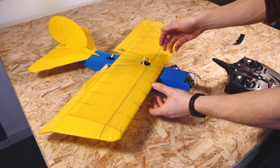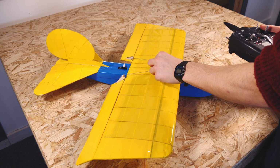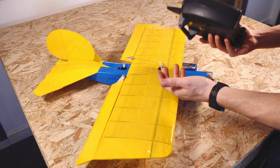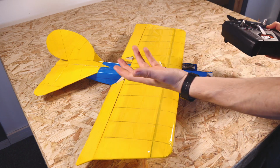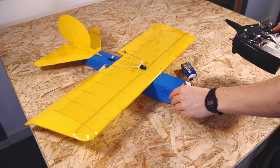Now this is where you can alter the setup of your controls and everything, both manually by adjusting the control horns and the control linkages, but also on the radio if you have an advanced transmitter that you can program to alter sensitivity of things and that kind of stuff. So you should see that